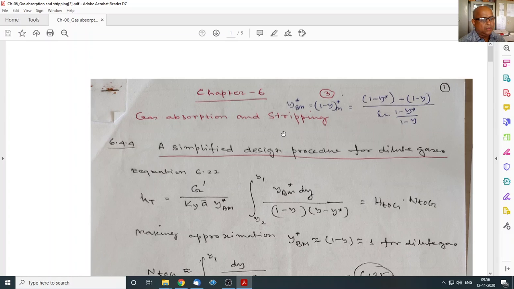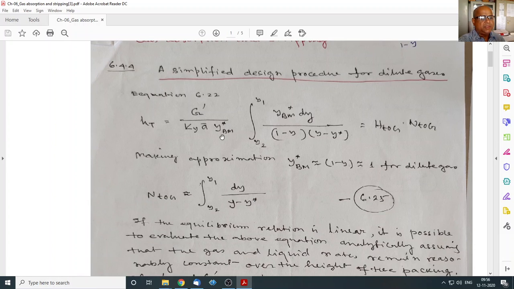Today we'll discuss more about the determination of the height of a packed tower. Last day we have seen how to calculate the height of a packed tower and we came up with this equation